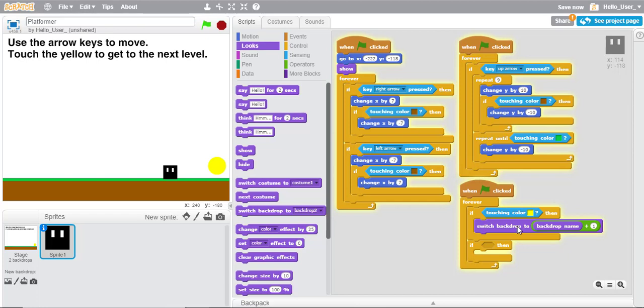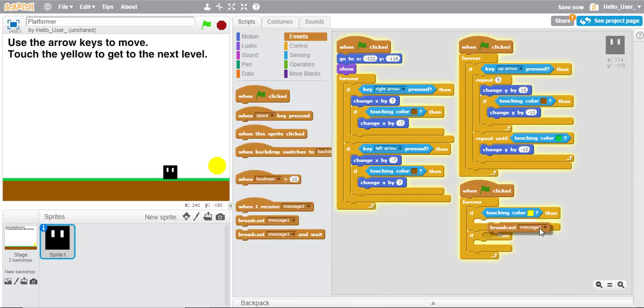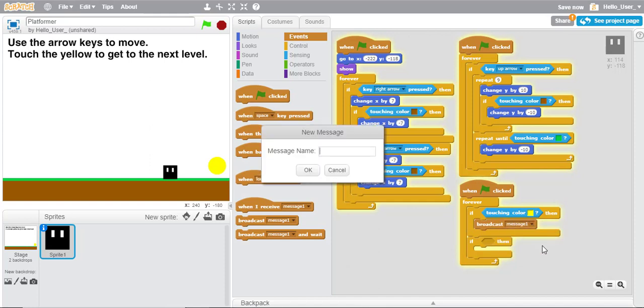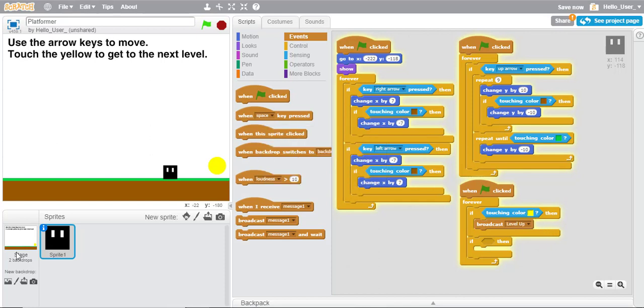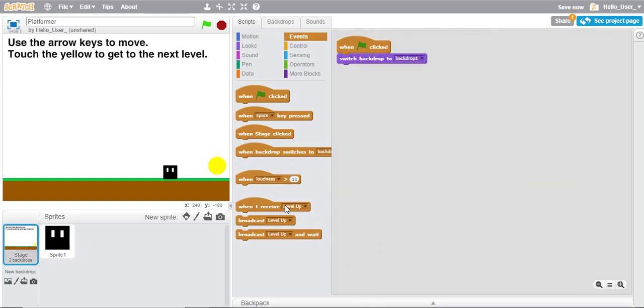Or guys, if this doesn't work for you, it isn't working for me for some reason, go to events, put in a broadcast message 1 into the thing instead. A new message, I'm going to put in level up. Gives you the wrong idea, but it works. Go back to stage. When I receive level up, which is in the events,